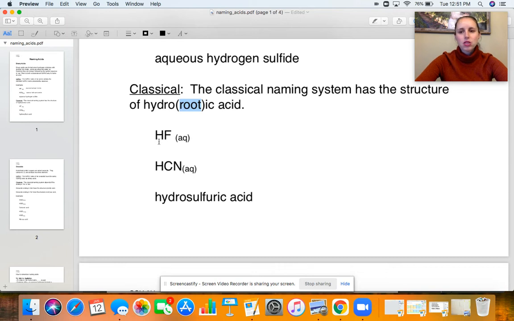So let's take a look at HF(aq). This is what we called aqueous hydrogen fluoride before, and let's see how we would actually name it. Again, the term hydro is always the same. And the ic is always the same. And acid is always the same. The only thing that varies is what goes in this gap here. And what goes in this gap is whatever this nonmetal is. Well, the nonmetal in this case is fluorine. So I'm going to go ahead and call this